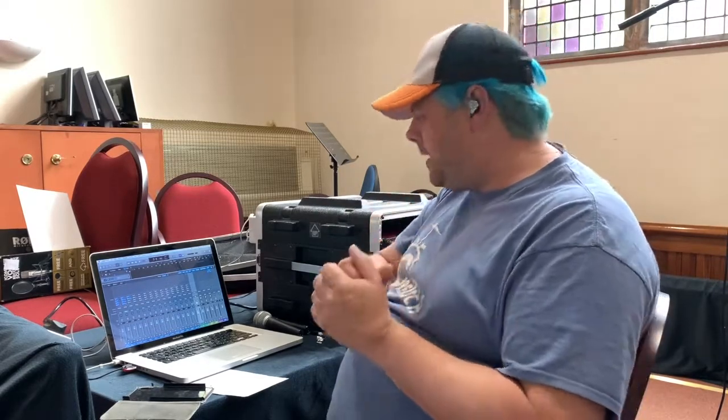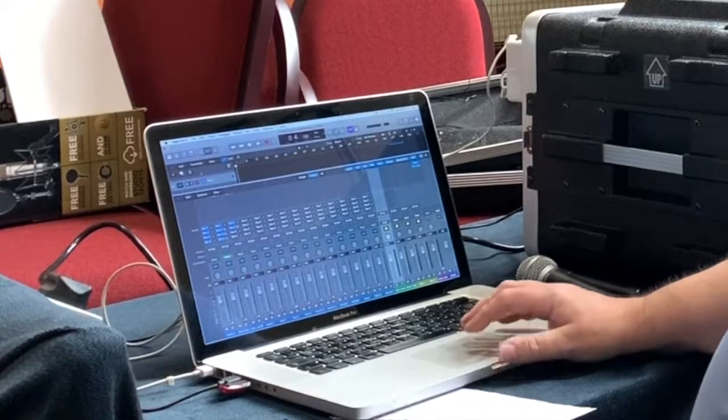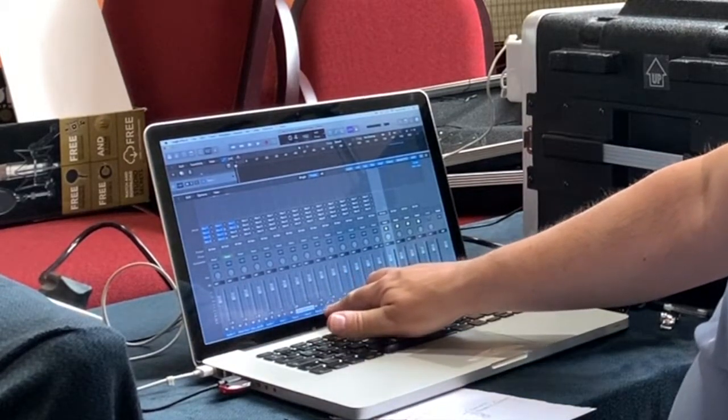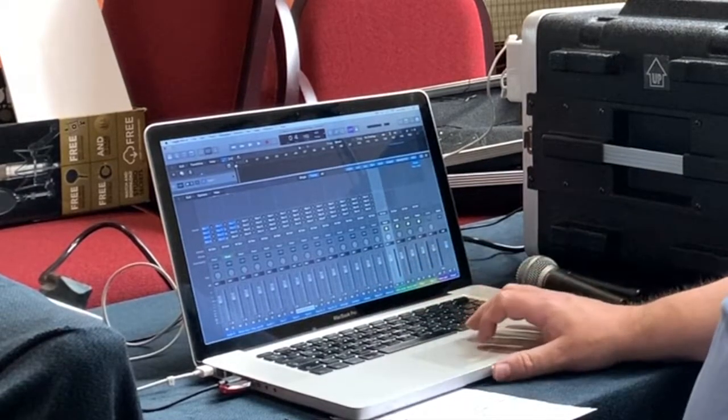Now this being digital, it's really easy to bring up the volume later on once you've done the track, if you think it's too quiet, you can bring it all up a bit. So it's easy to increase gain, but you can't remove distortion once you've clipped a track. So in the DAW, I have got 1, 2, 3, 4, 5, 6, 7, 8, 9, 10 tracks that I